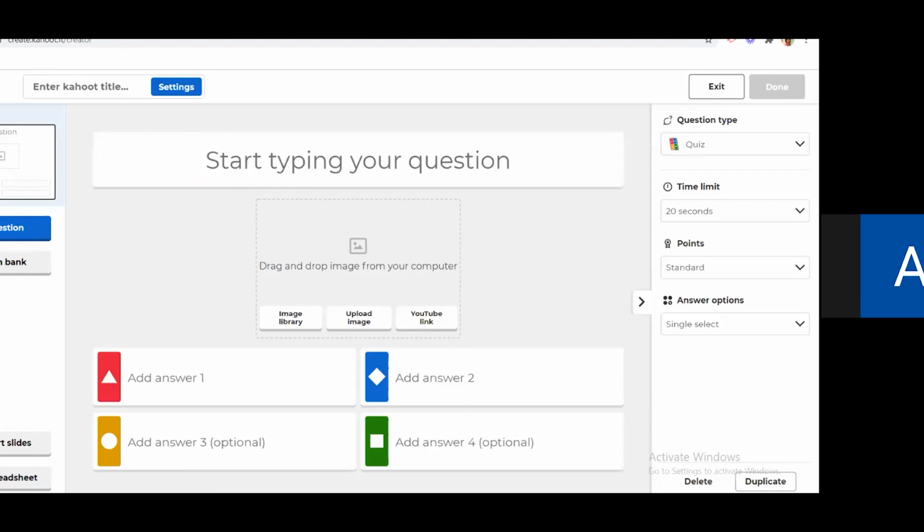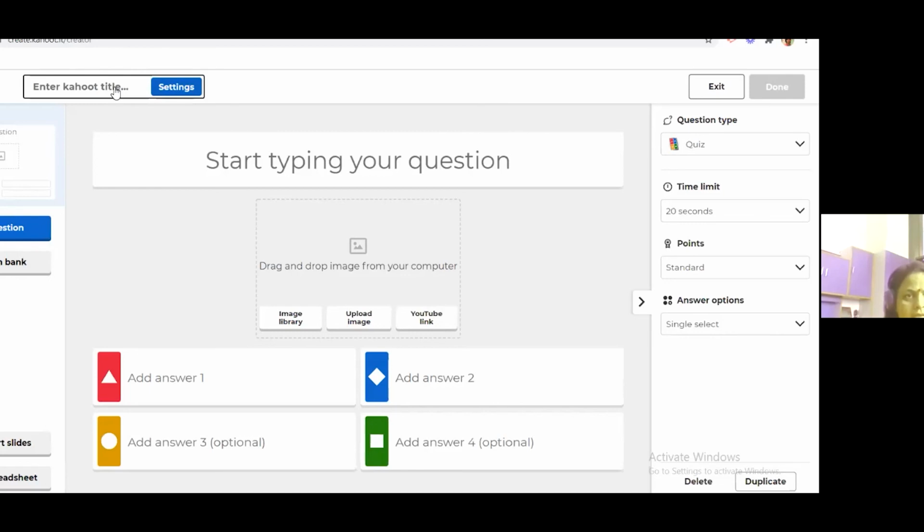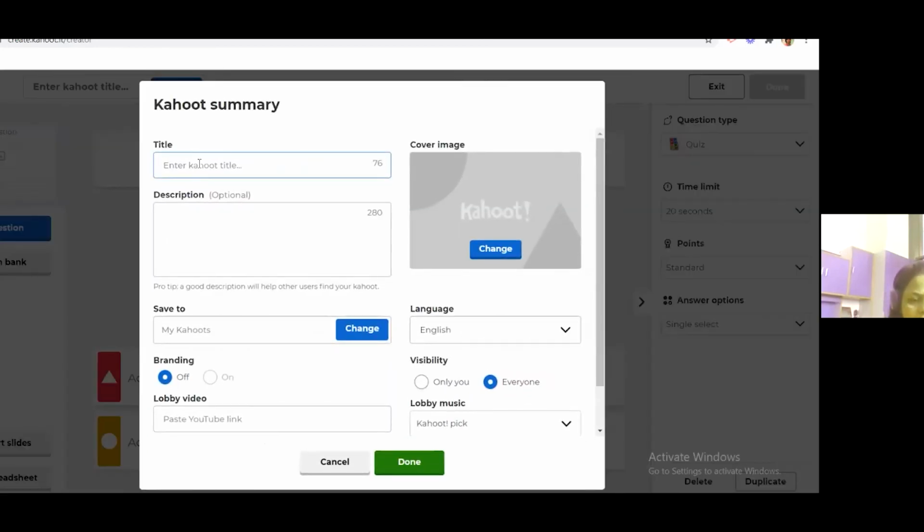So here also you can add single questions one by one, or you can add questions from the question bank. If you want to add questions from the question bank, you can add a Kahoot title also. You can give a title to your quiz.